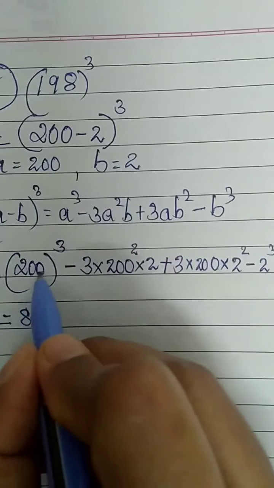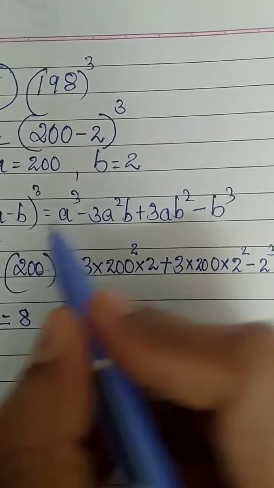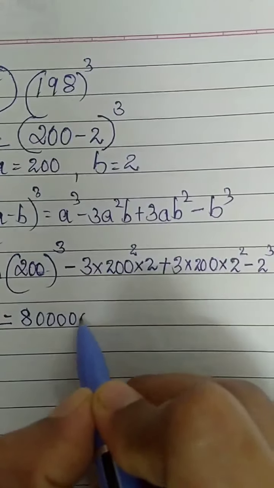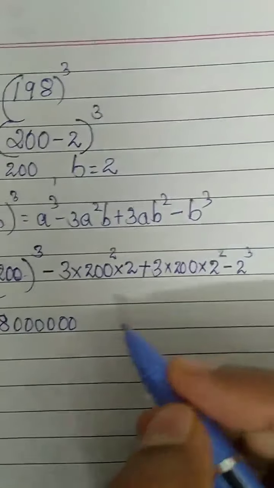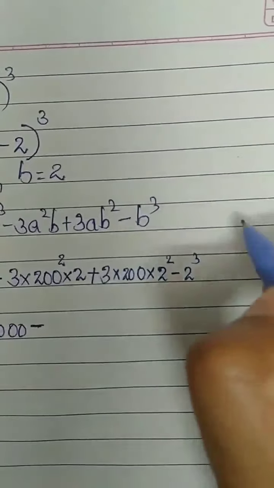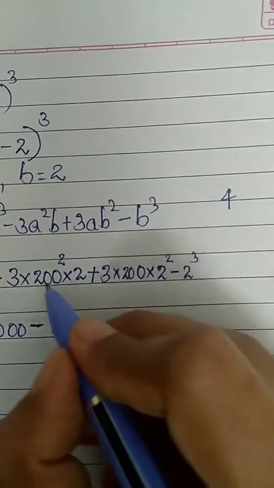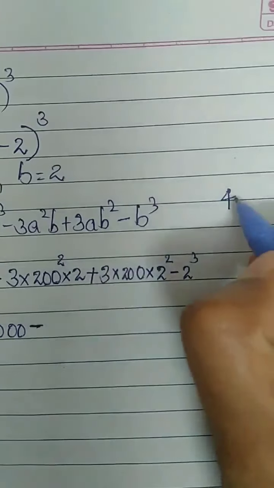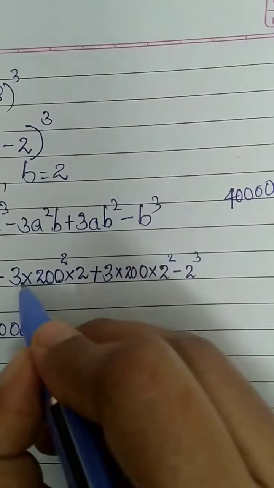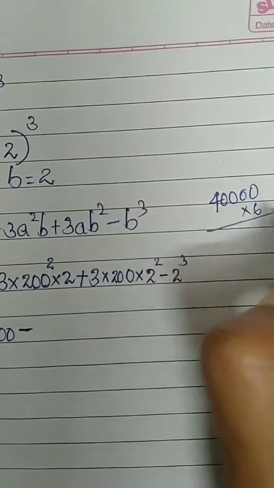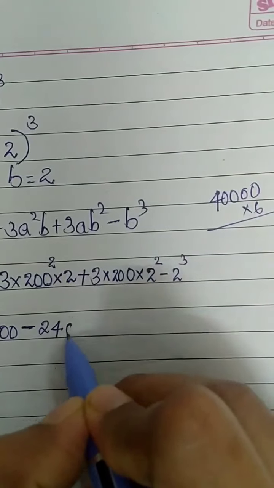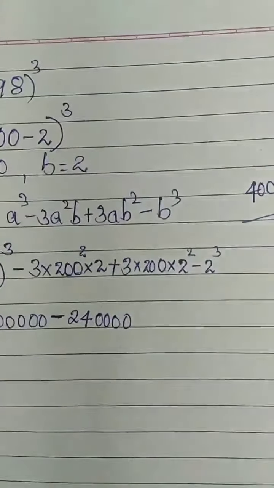Now there are 2 zeros. This you have to write 3 times. 2 zeros 1 time, 2 zeros 2 times, 2 zeros 3 times. So this way. Okay. Minus. Now go slow here. 200 square means 2 2s are 4 and 2 zeros you will write 2 times. 1 time, 2 zeros 2 times. Multiply by 3: 2s are 6. So into 6. So here our answer will be 24 and 4 zeros. 1, 2, 3, 4.